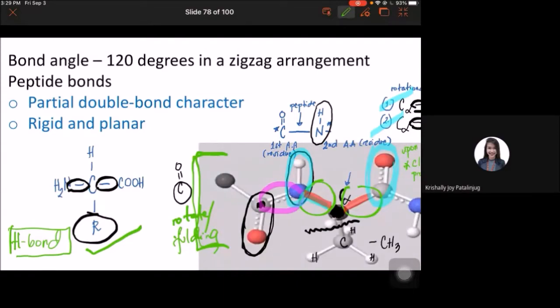Okay? Now, ano ba yung hydrogen bond? Is this related to another level ng protein structure? Anyone? Related ba siya sa primary, secondary, tertiary, quaternary? Saan siya related na level of protein structure? Yung hydrogen bonding,